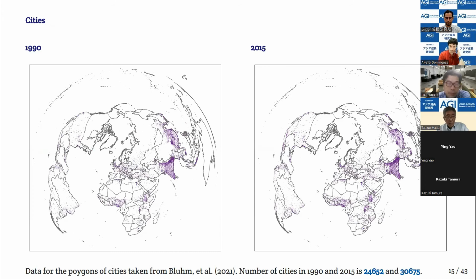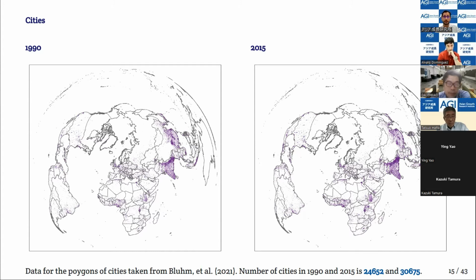So what we did was, okay, we were working with regions. Maybe regions are not the best units for measuring the changes that free trade agreements will trigger. We would like to focus on cities. And we have a large data set of cities for the entire world. That data set has been recently used by Bloom and his co-authors in a 2021 paper. It has data for 1990 cities and for 2015 cities, over 20,000 cities. And they define a city as a cluster of over 40,000 inhabitants and some other characteristics. We're going to work with those cities.